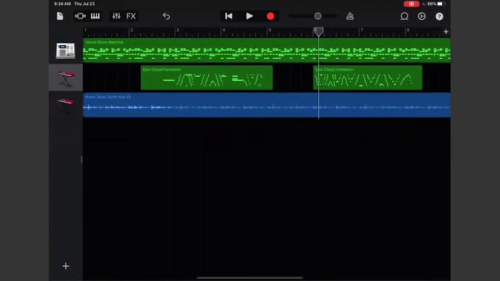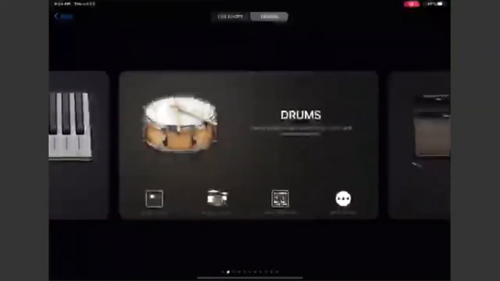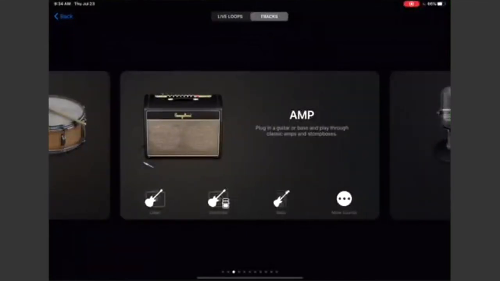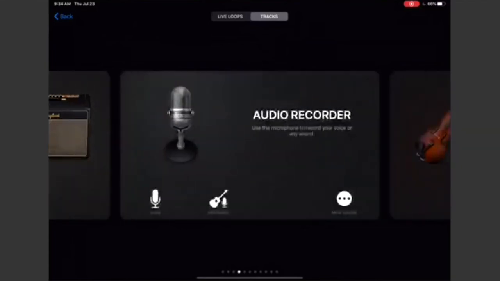Now, I want to show you some other things that you can do. This is great for anything. Okay, so I'm going to go back to my tracks and I am going to find, you see, if you have guitars, electric guitars or electronic keyboards that you want to add, you can use these amps. You can plug those into your device. You can get adapters for that, plug them into the device, and you can use this amp. That's cool. Audio recorder. If you click on the mic, it says voice.